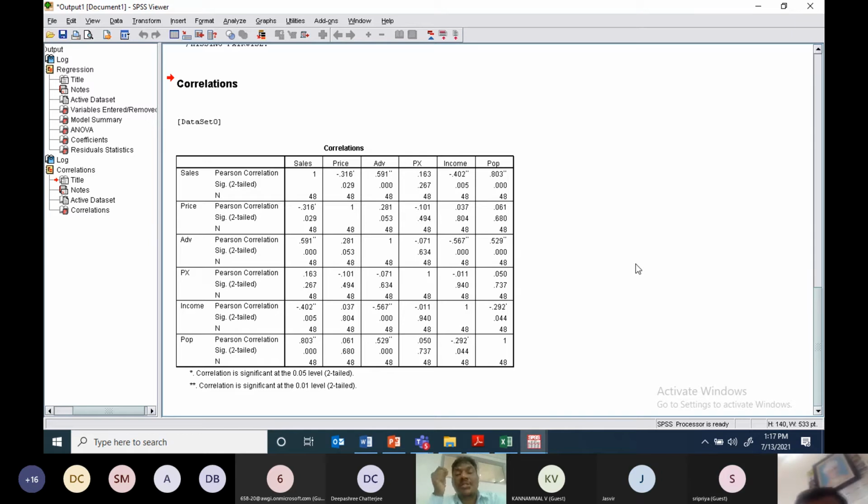What is the consequence? There are many consequences. I don't have the time; there are 10 consequences. One main consequence: it's not possible to find out the individual effect of price on sales. Correct? Right. Madam, you understood now. That is the reason I am going for a correlation matrix as a researcher. It's my view.